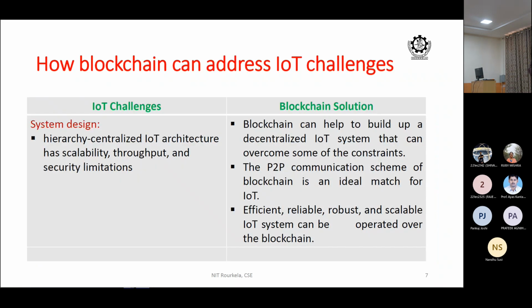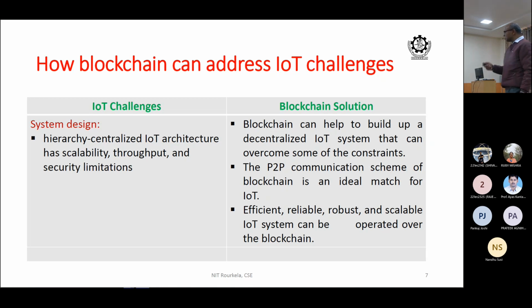Now we talk about the challenges in building an IoT infrastructure. Now let's look at whether blockchain is able to solve any of these challenges. These challenges are being solved without changing your underlying infrastructure. I have my underlying infrastructure as it is, and on top of that, I am using some mechanism of the blockchain. How can this blockchain be built?